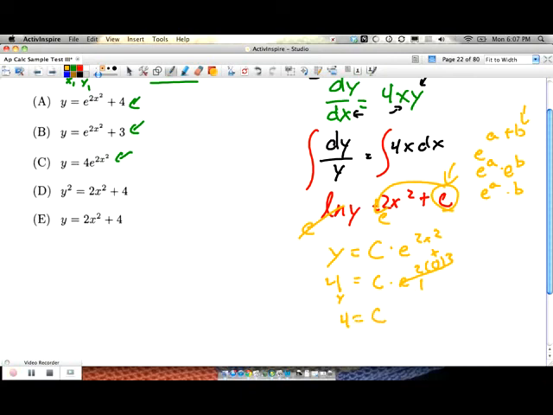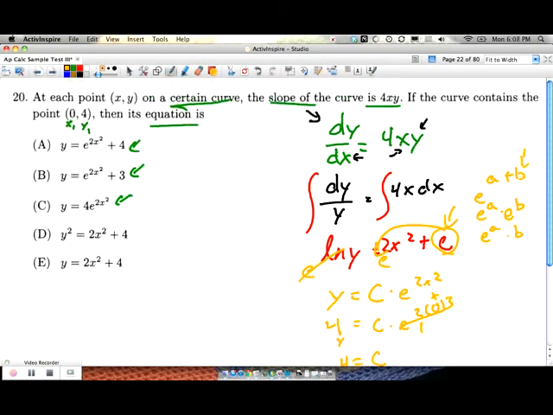Well, the only one that even comes close to that is going to be this one right here. That was easy enough. A few more to go here. The equation of